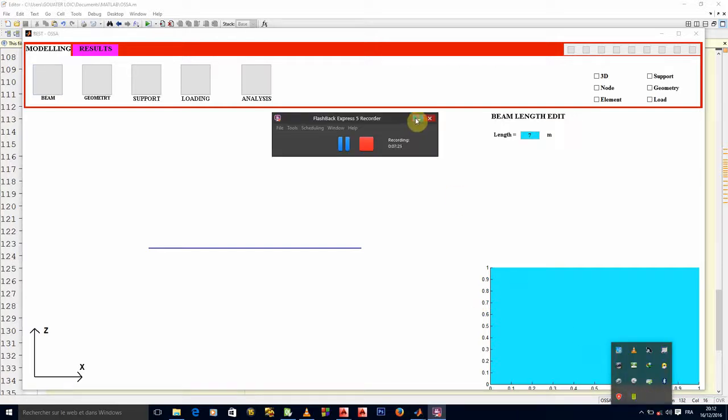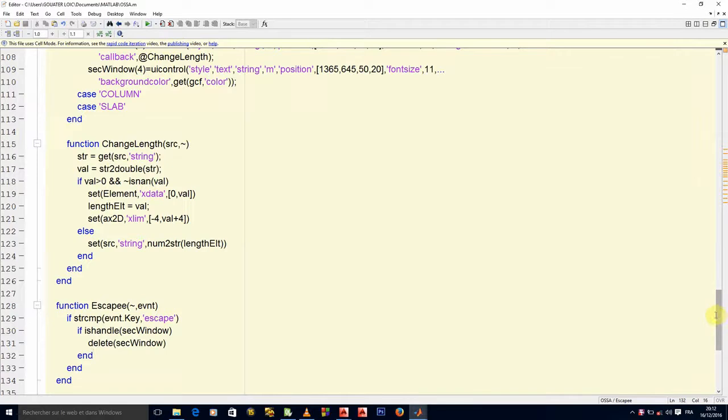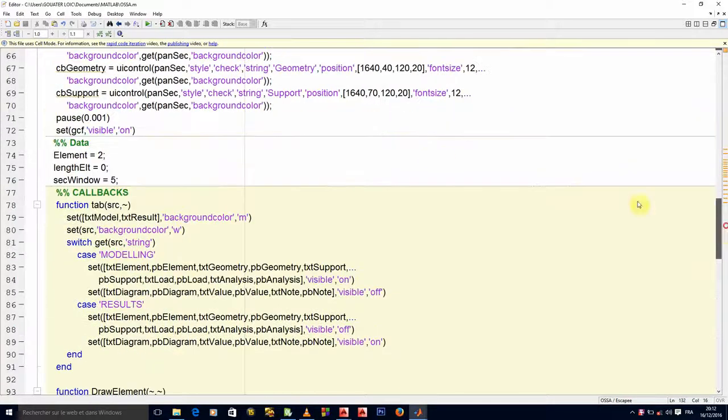Okay, so we still have, wow, we still have time, that's good. Let me try and explain what is happening here. So you see, this is one of the methods. What have I done? I have created a global variable, sec window, okay, with the intention that whatsoever object or UI control I create on the secondary window, I will make sure that I store it in this sec window array.